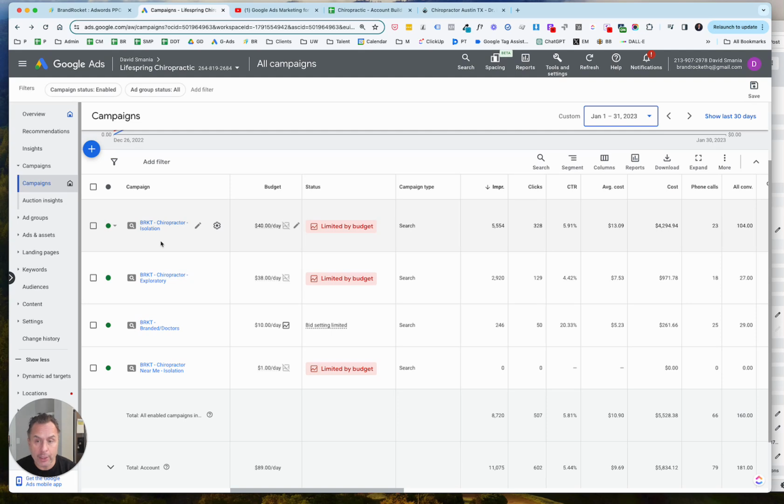So in the isolation campaigns, we are, again, as laser targeted as we can. We've identified the keyword opportunities in the account. We are then making very smart decisions about the bidding. So we have to, and every market is different, right? So we have to look at the opportunities for these keywords. We have to look at the market, and we can see rather quickly who you're competing against once we go live with the account, and just making sure that we are bidding appropriately for the keywords that matter to the